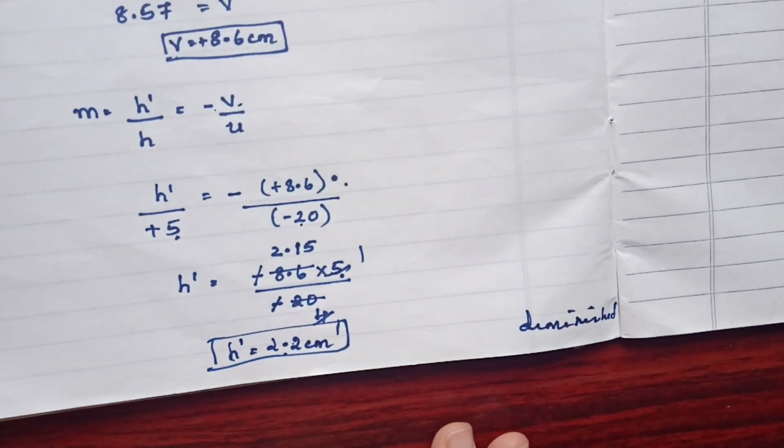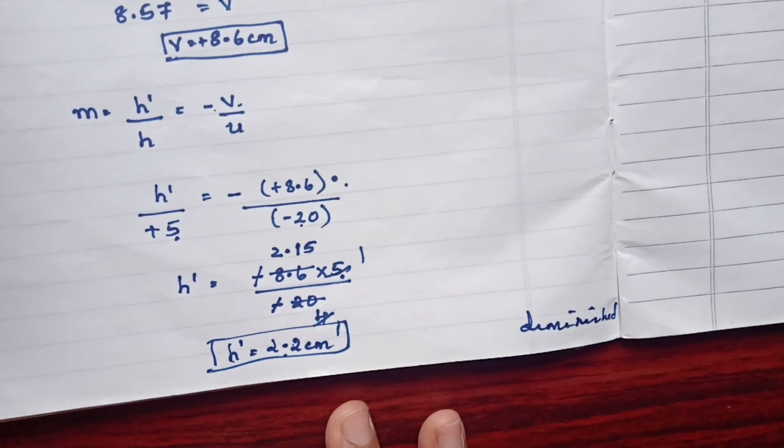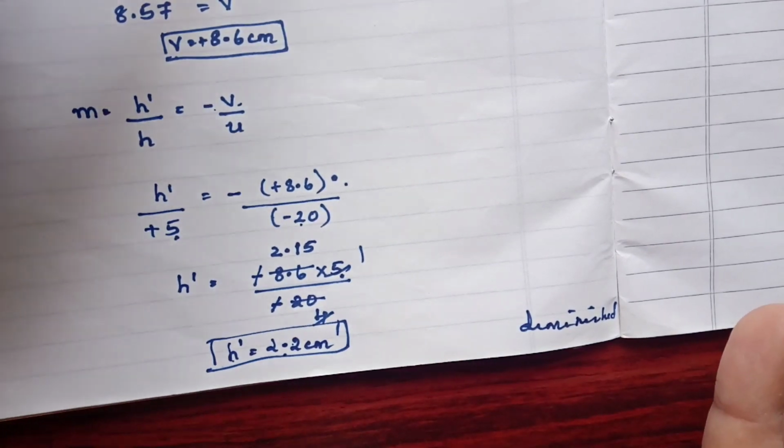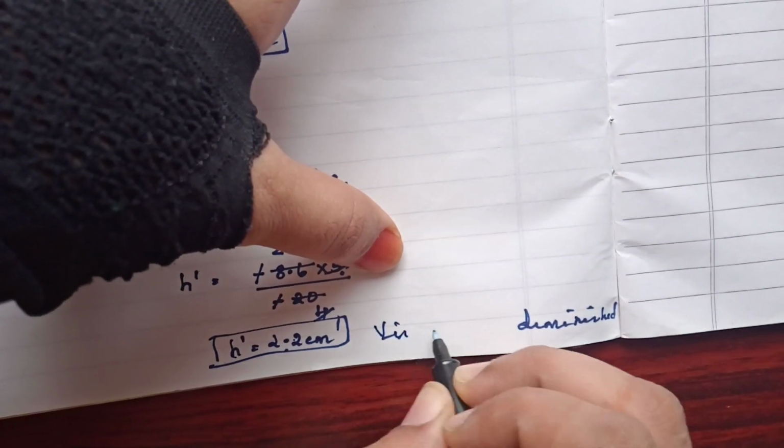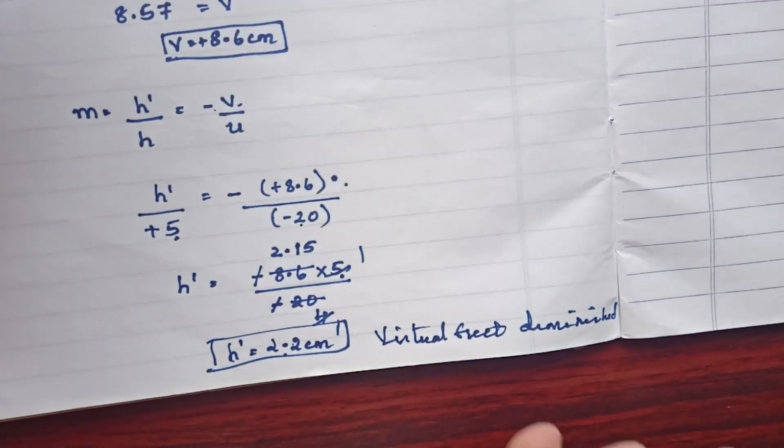Okay, now next thing we need to decide whether it's virtual and erect or real and inverted. So always, a convex mirror is going to give you virtual and erect. How can you decide this? Now if you're wondering what to do if you don't remember this: